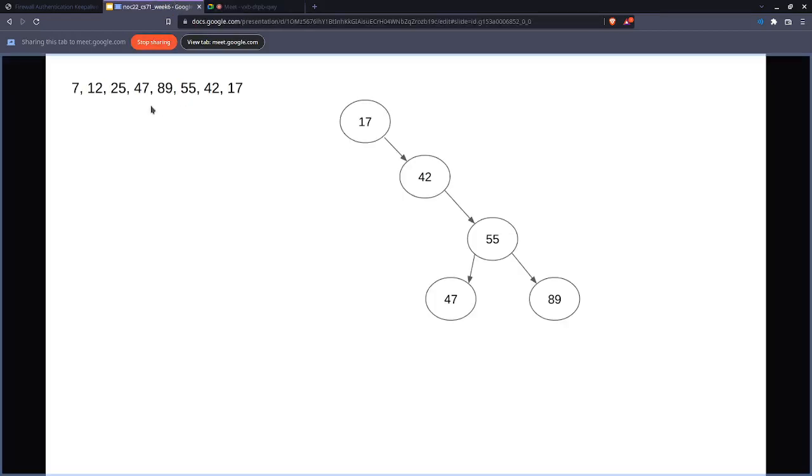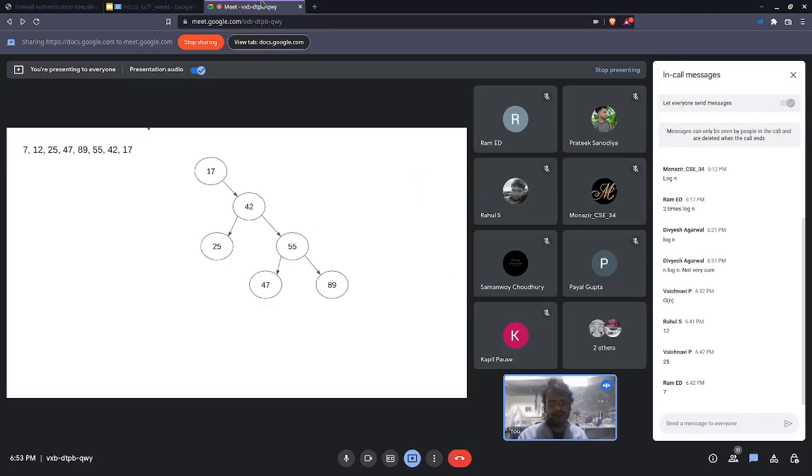Okay, moving on. Then 25, where will 25 come? Left child of 47. Left child of 47. Yes, sir. Okay, 42. It is the left child of 42, because you cannot have values smaller than 42 in the right tree. You get it? It's a binary search tree. So all the values which are less than the root have to come in the left child or